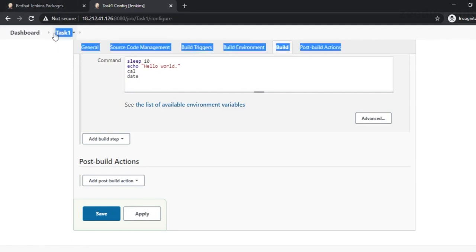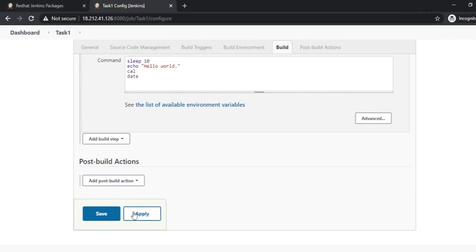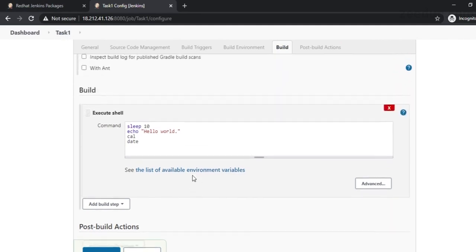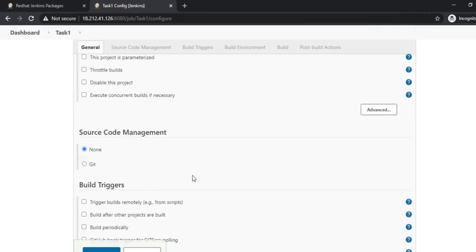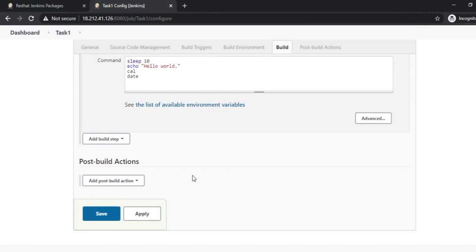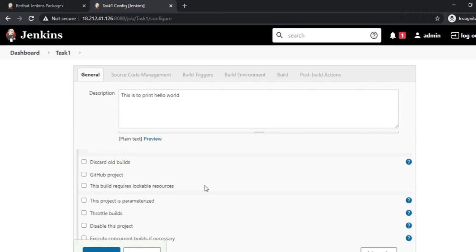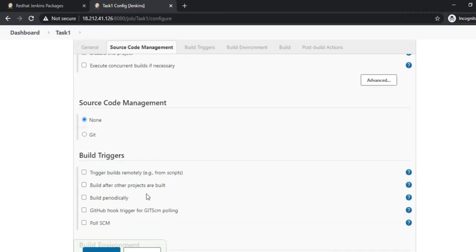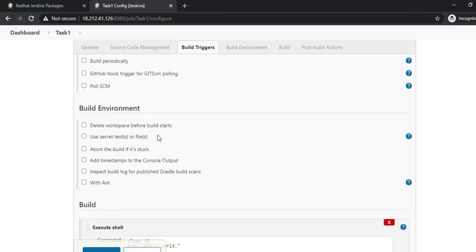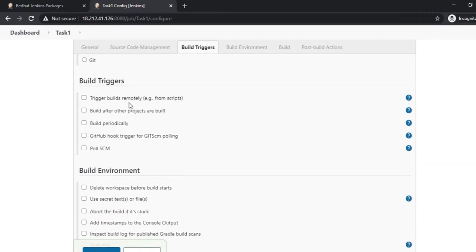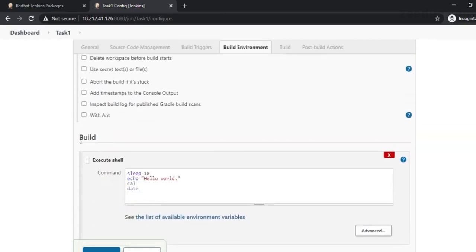Now we can also select the post build action, that is, what will happen once the execution of task 1 is completed. But we are not going to do that here. That will take some prior knowledge and some more knowledge about pipeline creation, and we will see it in the next few lectures.